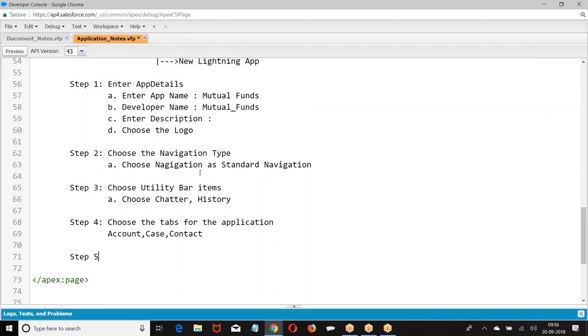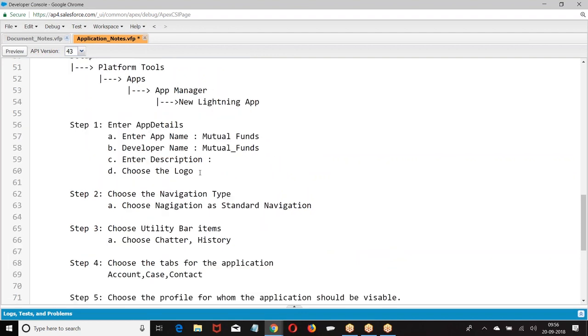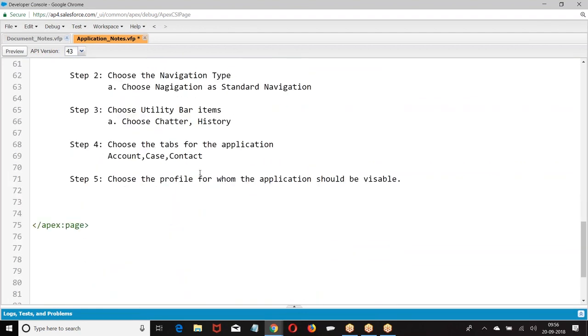Then we have choose the profiles for whom the application should be visible. This is how we created the application. I hope you are good with this.